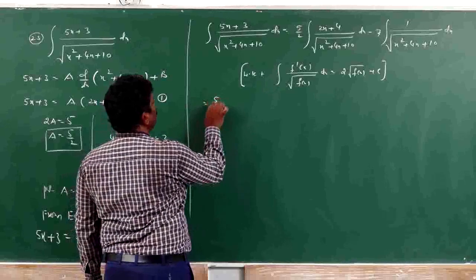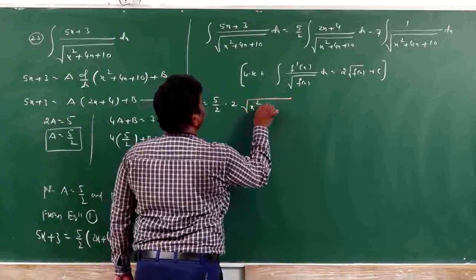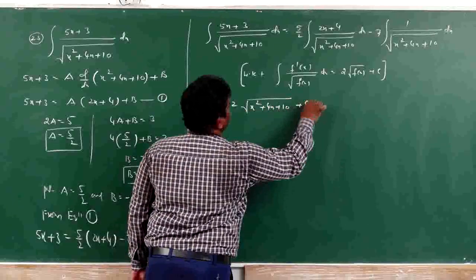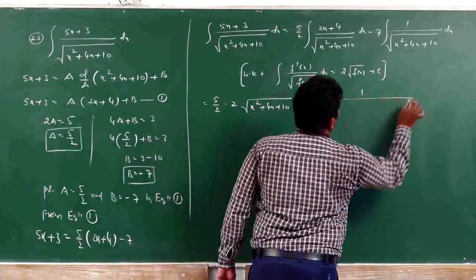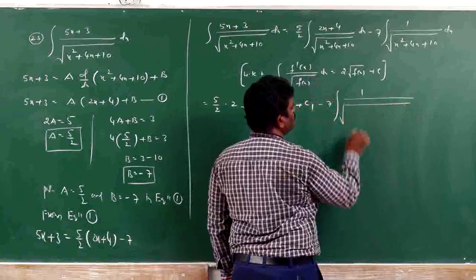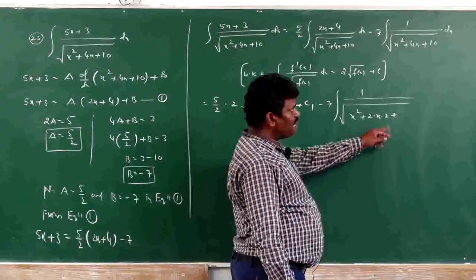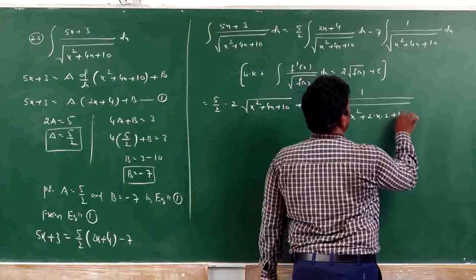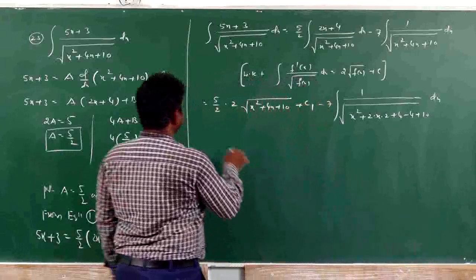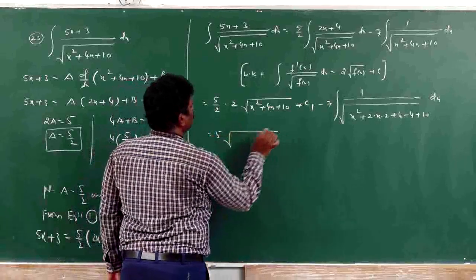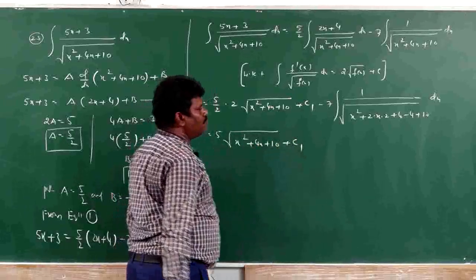Then this is 5 by 2 into 2 into root of x square plus 4x plus 10 plus c1, minus 7 integral of 1 by square root of x square plus 4x plus 10 into dx. With the 2 cancelling, that is equal to 5 into square root of x square plus 4x plus 10 plus c1 minus 7